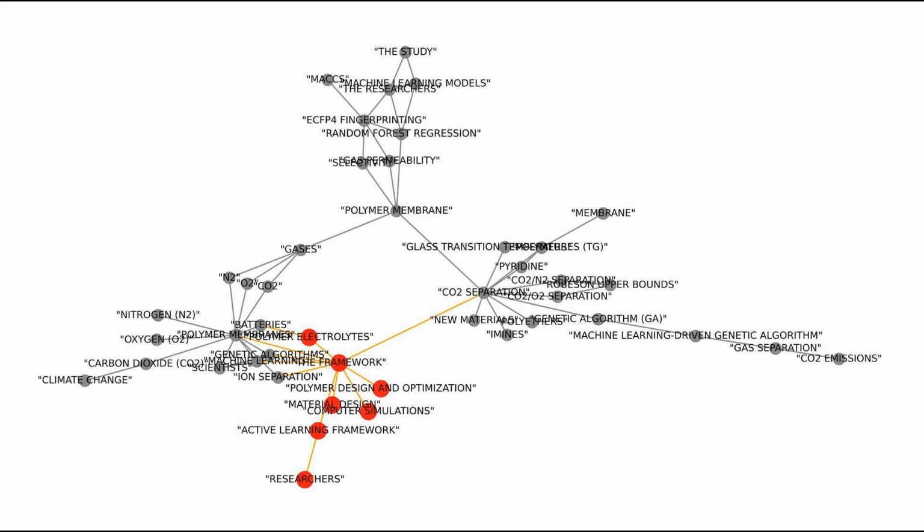However, one of the main limitations of the current framework is its reliance on initial experimental data. This is like trying to bake a cake using only a few ingredients. If those ingredients aren't diverse enough, the resulting cake might not turn out as well as it could. To overcome this limitation, improving the initial data set through computer simulations and better data curation is essential. So this would allow for a broader exploration of material properties and enhance the framework's ability to generalize to new